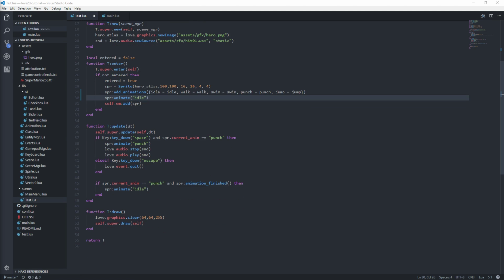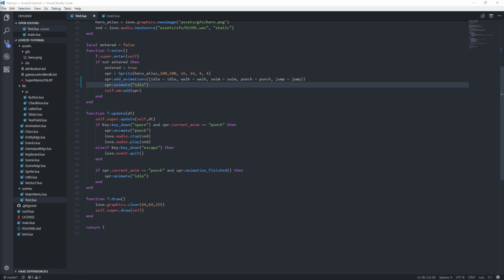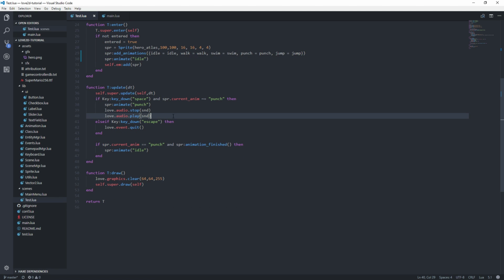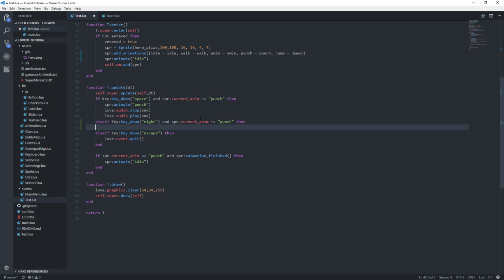And now what we probably want to do is, well, here's some things, guys. We could go in here and say else if the key is down, let's say right, so we want to walk right, and we have to do stuff like this: sprite.current animation is not equal to punch, because whenever he punches, we want to let him finish that punch animation before we start walking, right? Then we're going to do sprite animate, let's say walk,